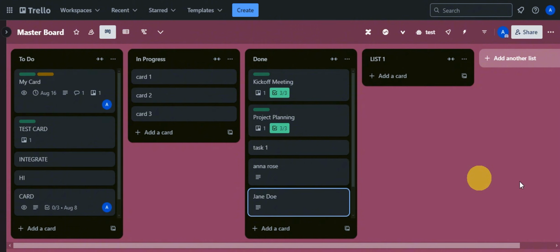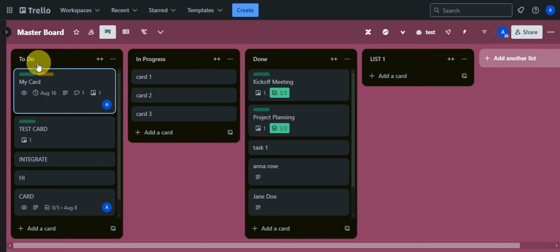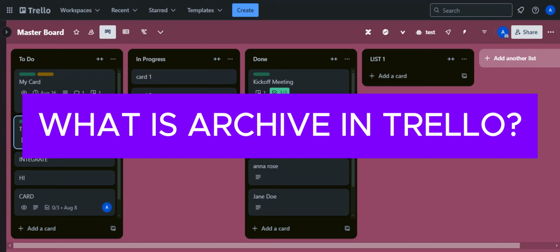As you can see, we're currently in a workspace already, and I am on my master board. These are the lists that I have on my board: the To Do, In Progress, Done, and List One, and I have different cards inside each list. Now, an explanation of what archiving is all about. It allows you to hide cards from your active board without permanently deleting them. This is useful for keeping your board clean and focused while still retaining the ability to retrieve those archived